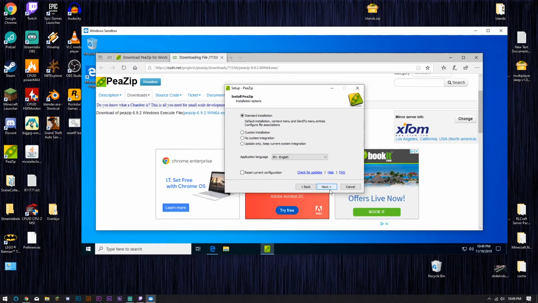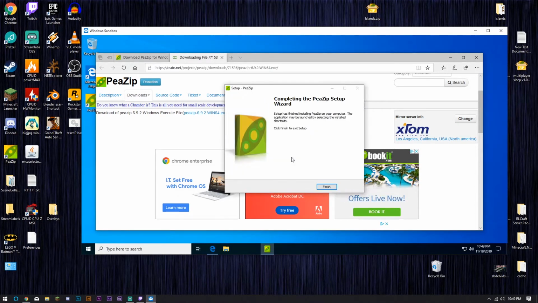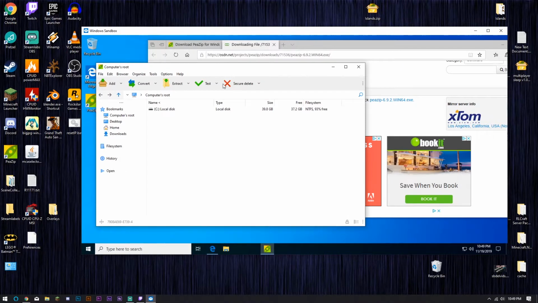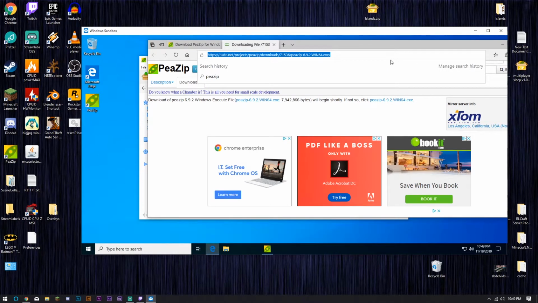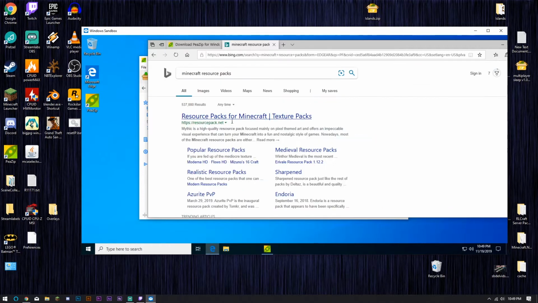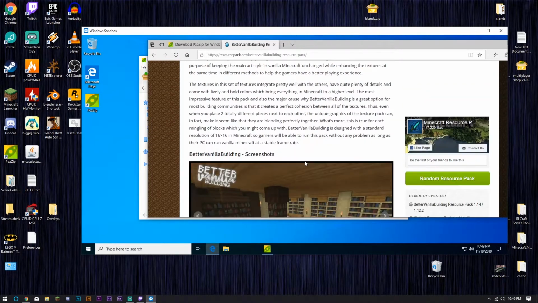Accept. Standard. There we go, and you can see it installed a program. I can go ahead and open it like normal, and I can open up zip files. So if I download a zip file, like, I don't know, let's go to Minecraft resource packs, because this will always be a zip file. So if I download the first thing that pops up here,